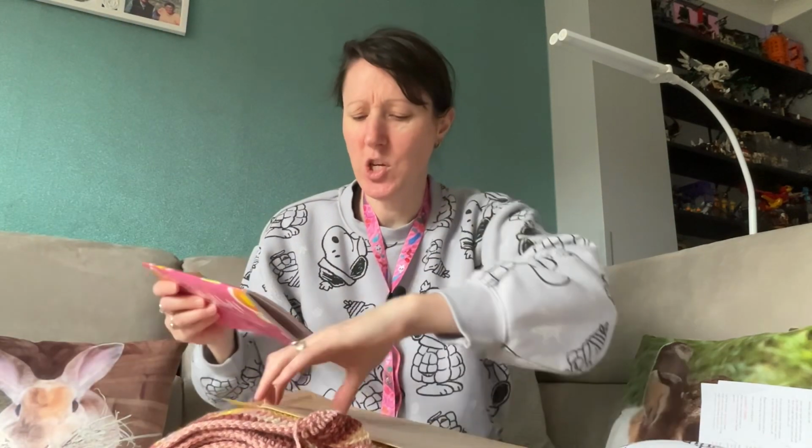So yeah, I think this was 30. I paid 32 on Wool Warehouse because I had a discount code, but I think it was only 35 with free shipping. I think Sirdar charged 40 on their website. I don't know if they've got any left, but yeah, if you want to join in, the pattern pieces stay